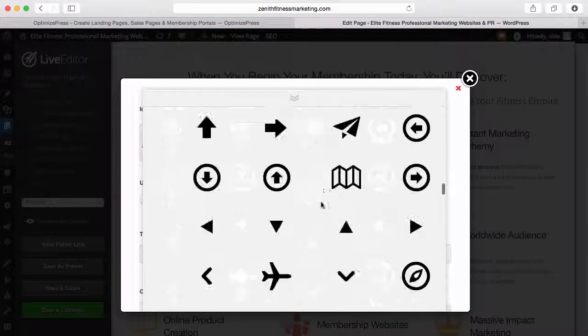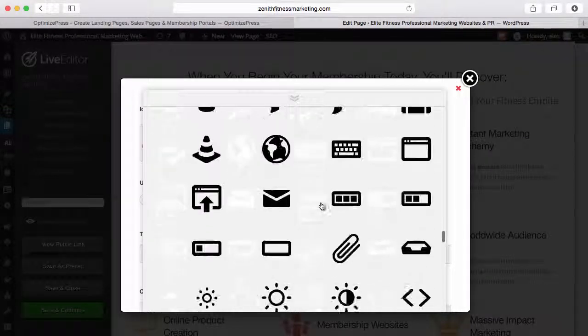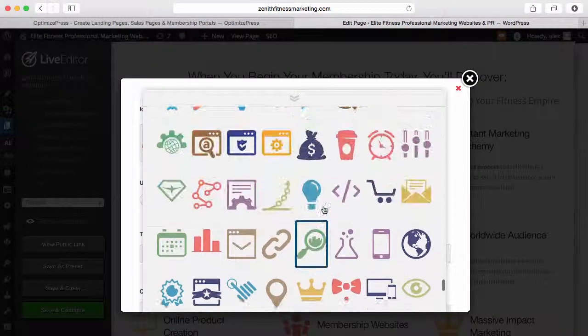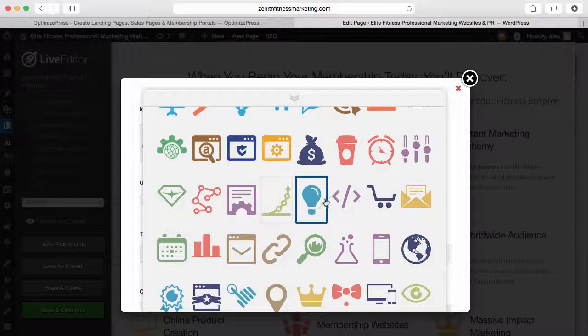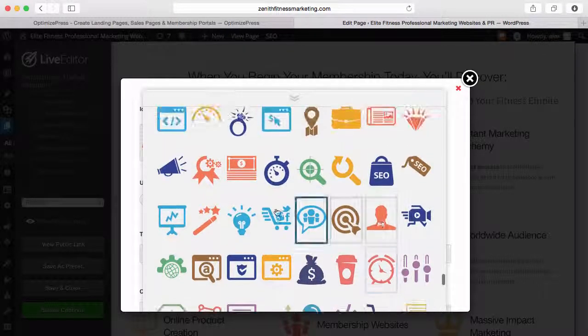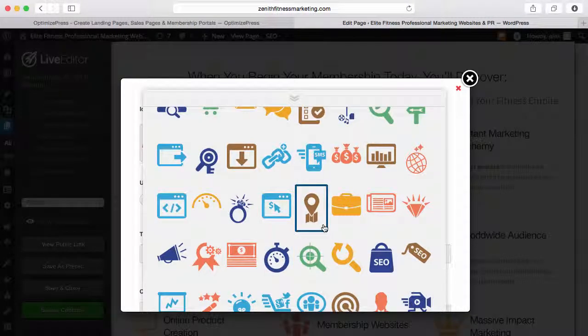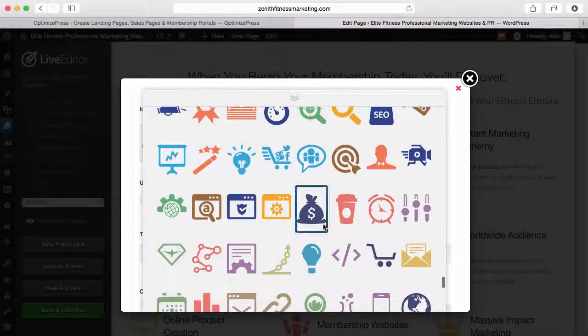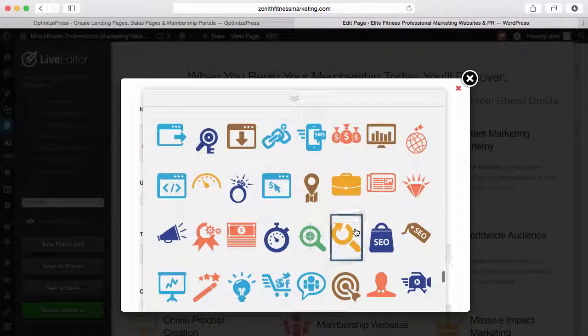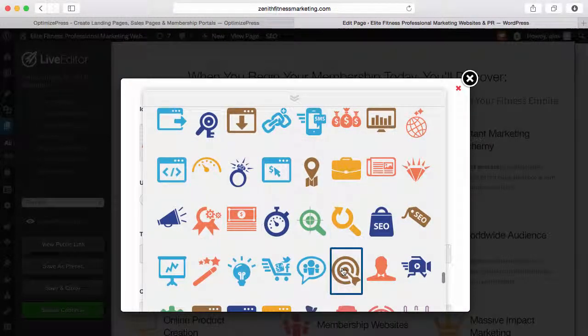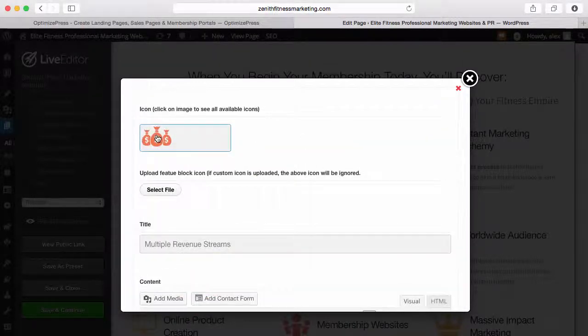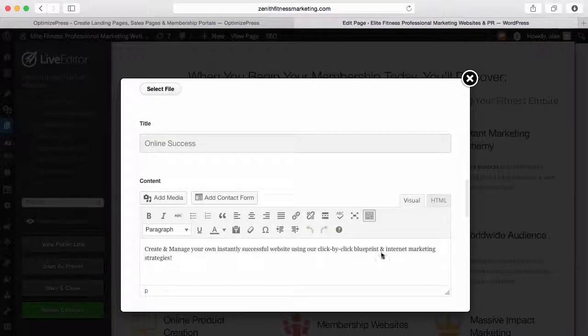Again, plenty of options there. And then if you scroll on down, you've got all these color options, which I really like. All these little icons that you can use within OptimizePress to say what you need to say about your product or your service or whatever it is. So say we want to change that icon, and I can't even remember what it was, but we'll put in these little money bags, okay? And then we'll,